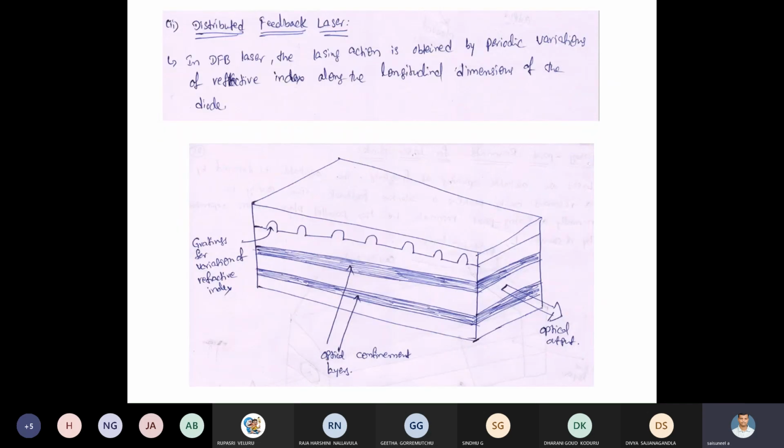Next, the second one is the distributed feedback laser. Here there is also a cavity, a resonator cavity. We are getting output in only one direction. This is the optical confinement layers. This is the active layer. Once the light signal is generated, we apply forward bias to the laser diode. Then it transmits in different directions and finally reaches the gratings. What is the use of gratings? Gratings are used to transmit the light signal in a particular direction.